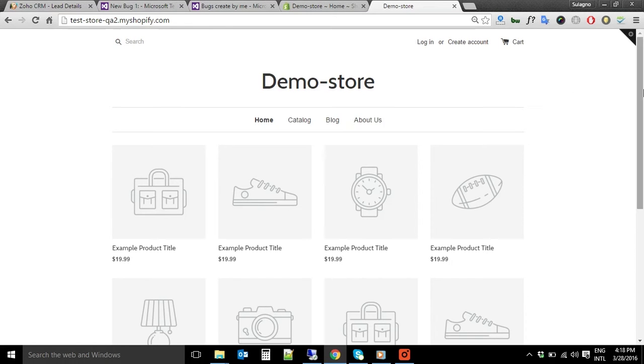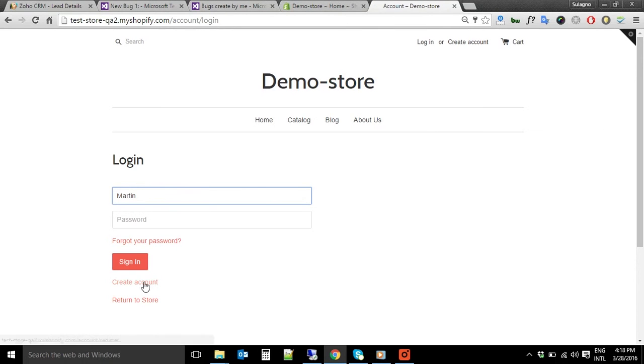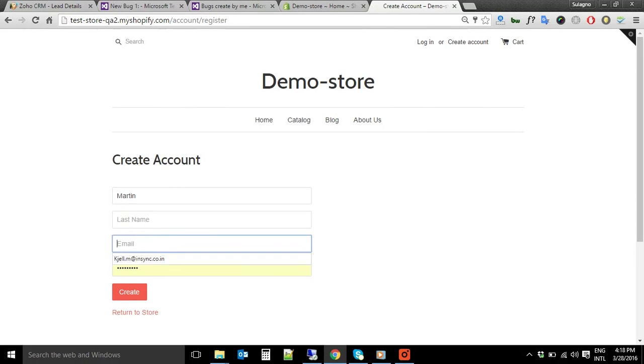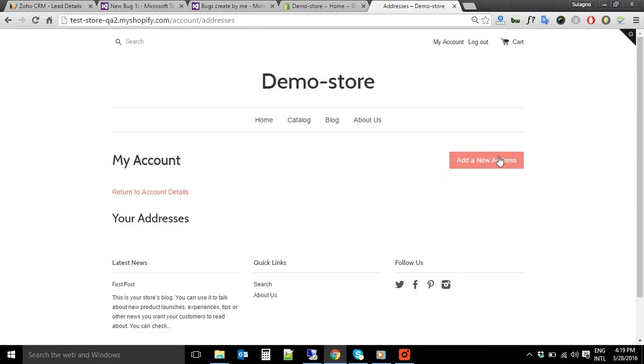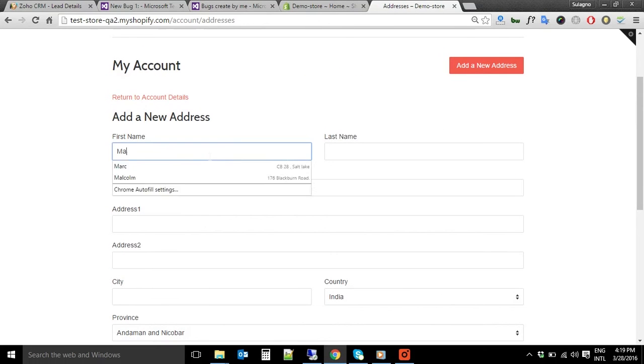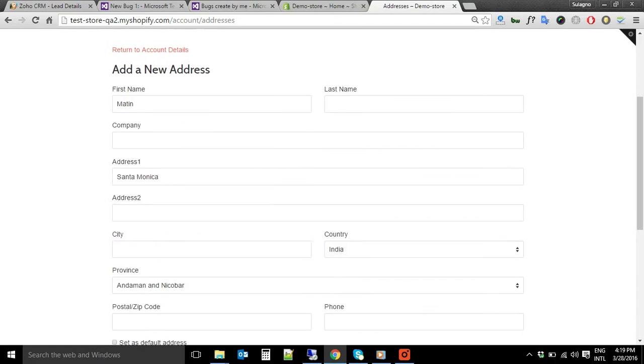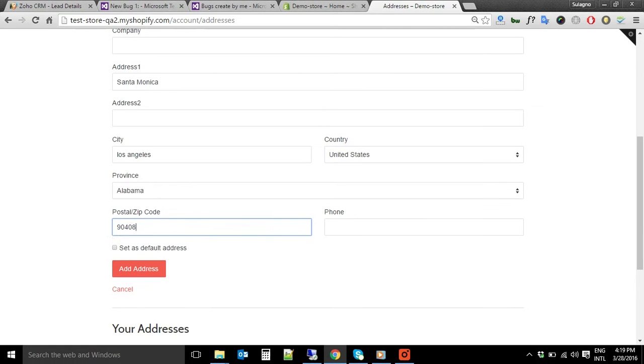So let me quickly start with the customer synchronization process. To start with it, I'll register as a customer from the front end of this demo store, and I'll sync it back to Navision through our connector. Okay, so I've registered as a new customer, and now let me put in a dummy billing and shipping address, and some dummy phone number. And let me save it.